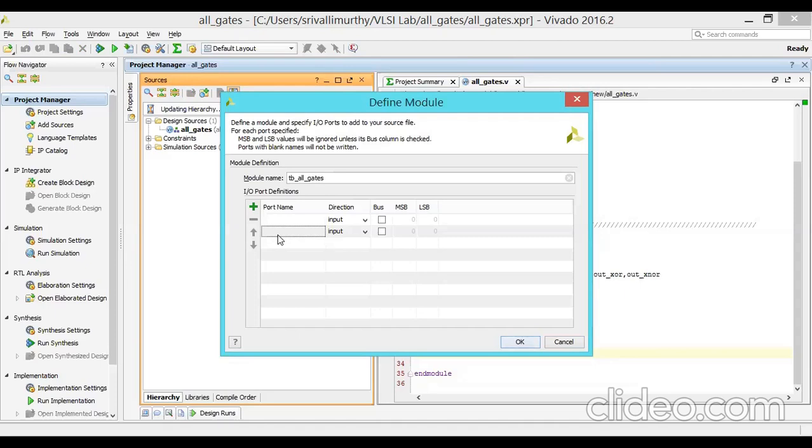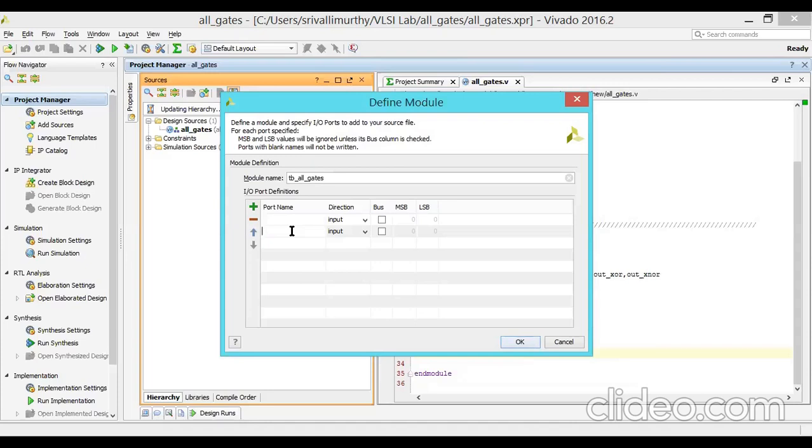Don't mention any port definitions. If you mention ports, the software will understand this is a design program. If you don't mention anything, the software thinks it is a test bench program.